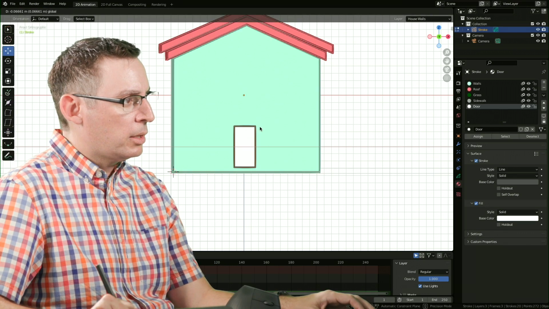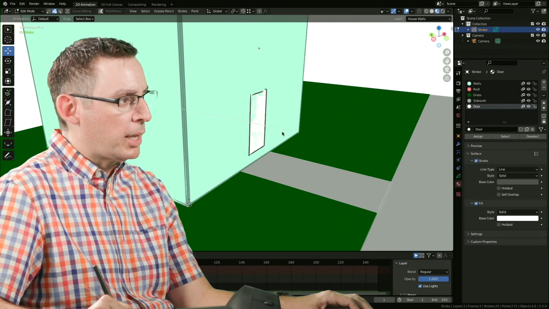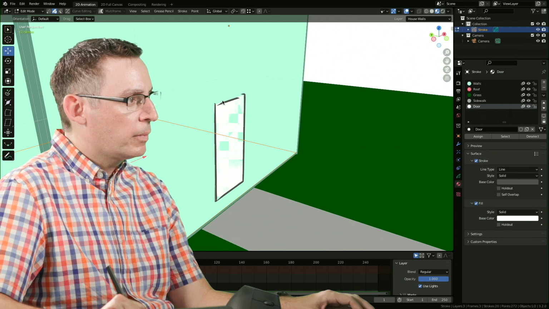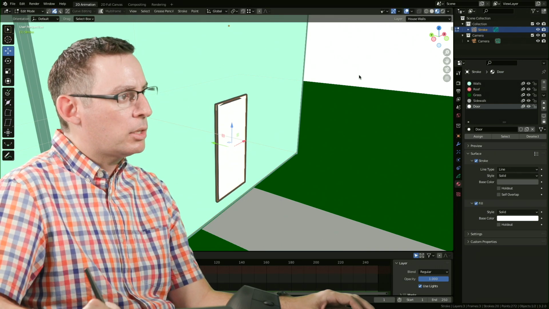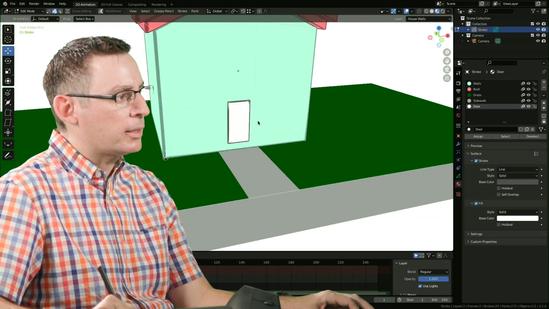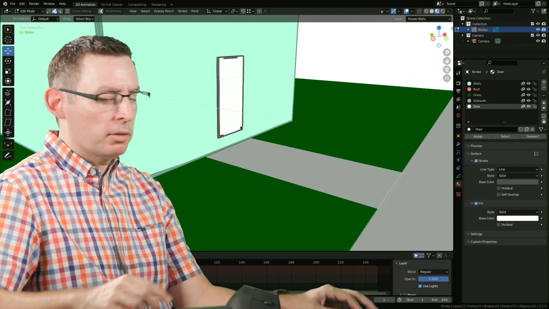Let's just go into stroke selection. And I'm going to start getting this generally lined up in the middle of my house. Something like that. We're getting some Z fighting in here, so let's just bring it forward ever so slightly until we're no longer getting that Z fighting. And there it is. I like that. That's looking cool.